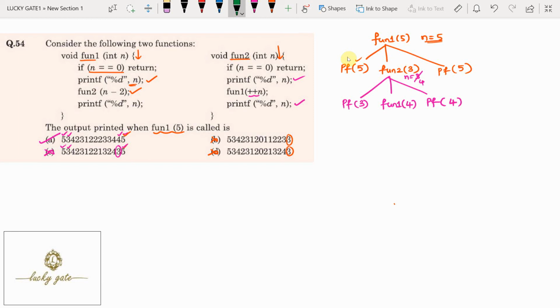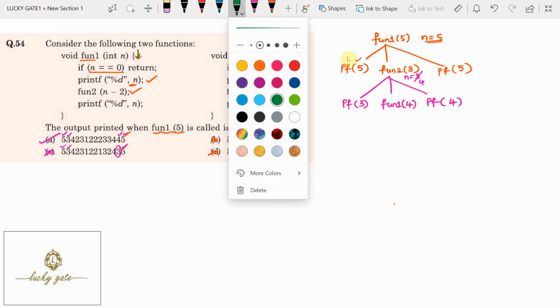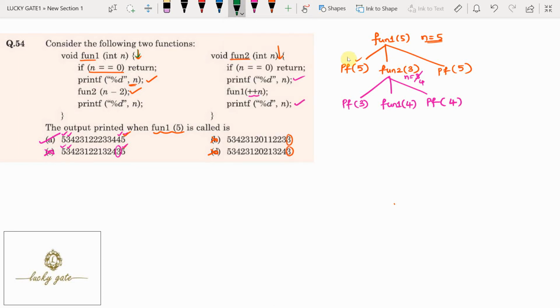Fun1 of 4 means it is entering into the fun1 function, so n equals 4 now. Now 4 equal to 0 is false, so it prints 4. Then fun2 of n minus 2, that is 4 minus 2. Then it prints the value of n, that is 4. Printf 4. Then whenever fun2 of 2 is called,